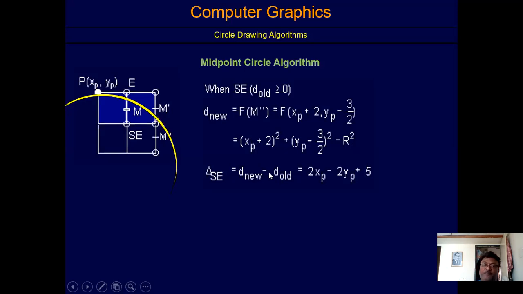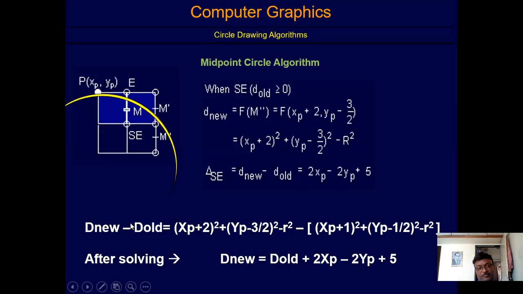Now again you have to perform d new minus d old, so that you have calculated 2xp minus 2yp plus 5. Now see how we are going to put the equation in the form. So d new minus d old: xp plus 2 whole square, yp minus 3 by 2 whole square, minus r square, that I am going to subtract from the d old value. So once you have solved this equation, what have you got? d old plus 2xp minus 2yp plus 5. So this is all the mathematical calculation